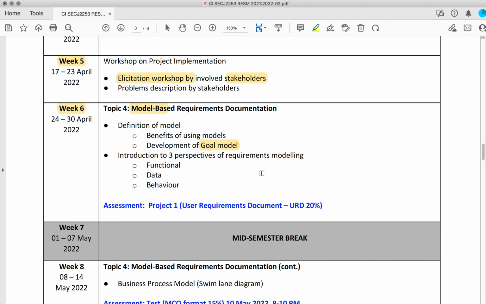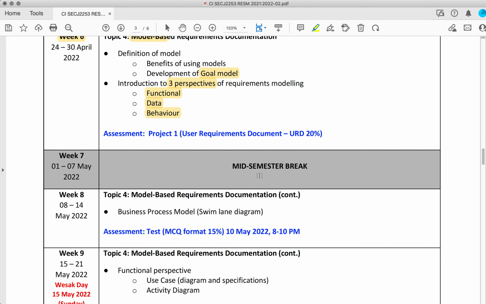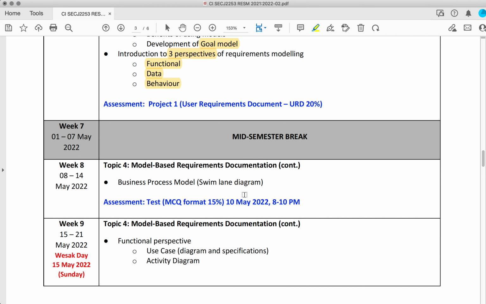Okay, then we will introduce to you the 3 perspectives of requirements modeling based on functional, data and also behavior. So you are going to visualize the requirements by model based representation. This model based representation can be viewed from 3 perspectives, where you can look at the function of the system, the data of the system and also the behavior of the system to be visualized, right? And then week 7 we will have the mid-semester break. Week 8